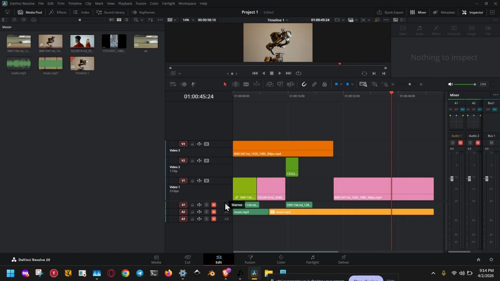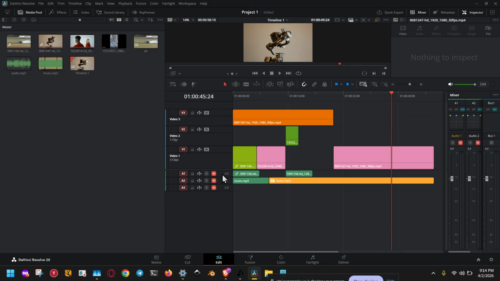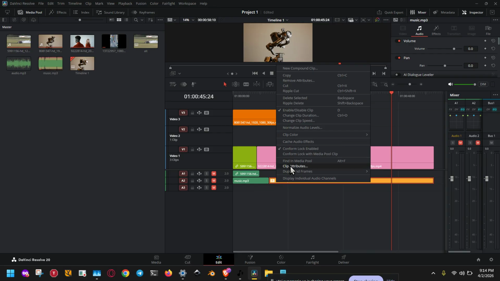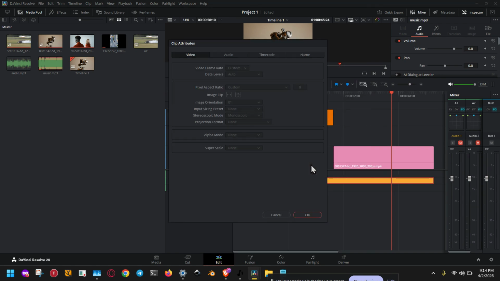This is important because right-clicking on the clip opens the file-level metadata and configuration options for that specific piece of media. From the context menu that appears, look for Clip Attributes. You'll usually find it in the lower section of the right-click menu. Go ahead and select it. This opens a separate window where you can control how Resolve reads the clip, including the audio channel mapping and